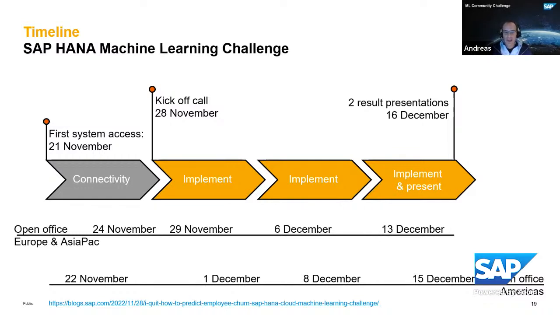The first contact a few of the participants already had last week, where we offered connectivity sessions for people to connect from the local Python environment to the HANA Cloud, which I understand has all been working very well so far. And as part of the support that we're providing during the implementation, we're providing these open office hours that we already mentioned. Here we have the dates of these open office hours, together with a link where you find the exact hours. And due to the global nature of this challenge, we're offering different time slots.